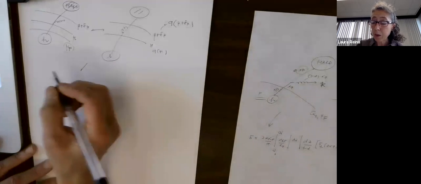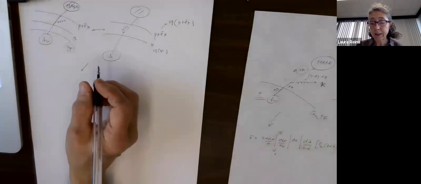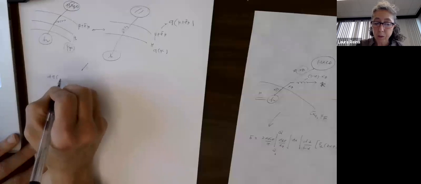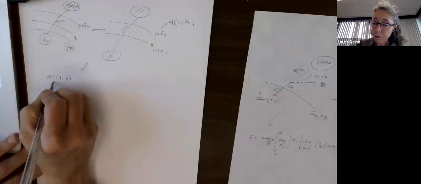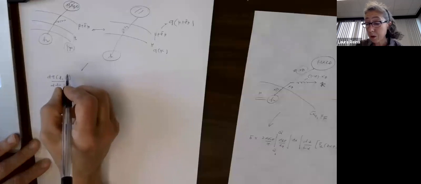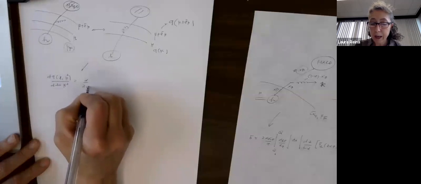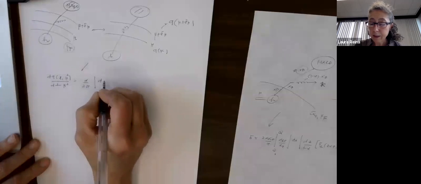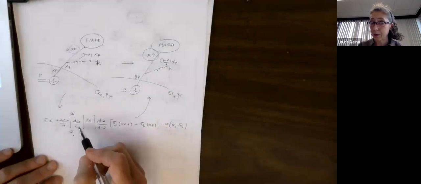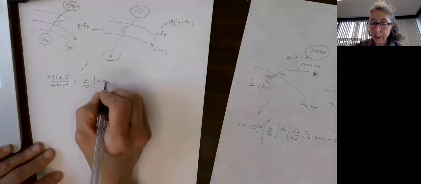I can get a differential equation that gives me the evolution. The differential equation that I get is the one you're probably quite used to, which tells you that dq at x and mu, the derivative of q with respect to the logarithm of mu, and what is most common is just to phrase these in terms of mu squared, is alpha over 2 pi times the integral. Here we have taken the derivative with respect to a scale. So in these terms, the integration over dkt goes away because it's a differential in that. And I would have the remaining dz over z